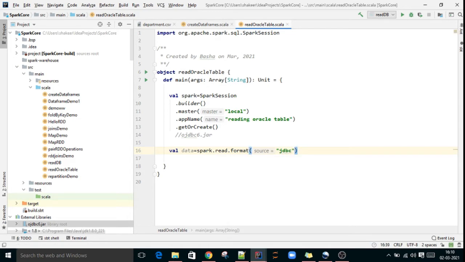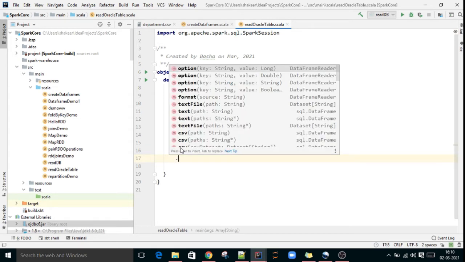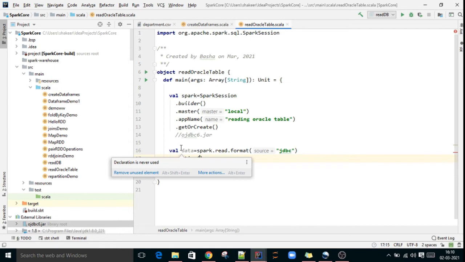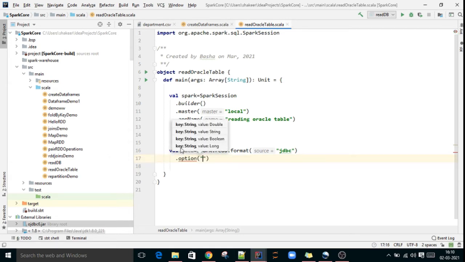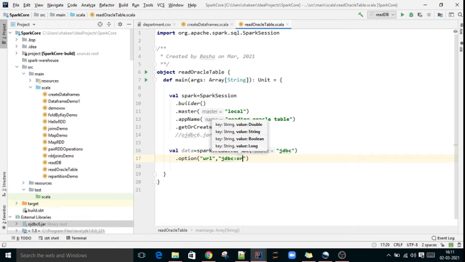So we mention the format as the source, then option. As the first option we have to mention the URL. The total URL you have to give: jdbc:oracle:thin.